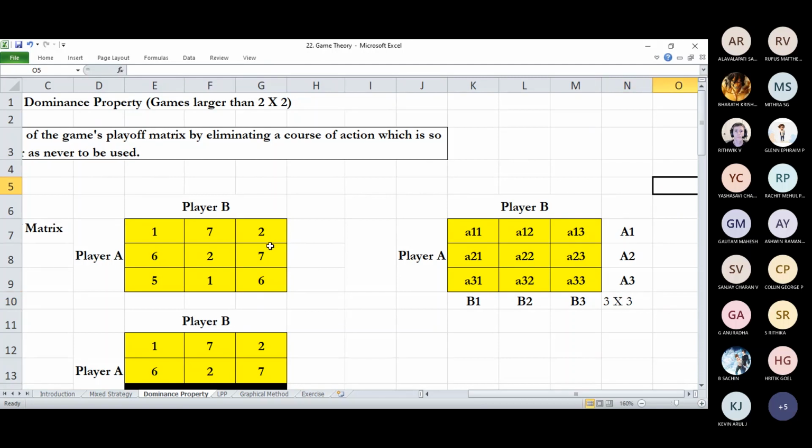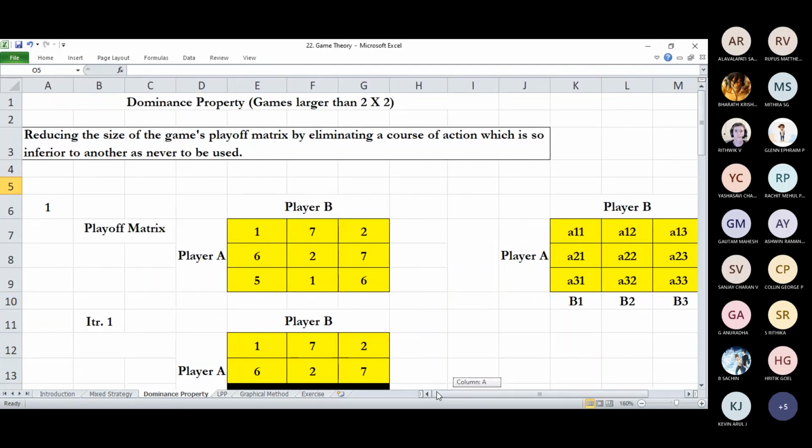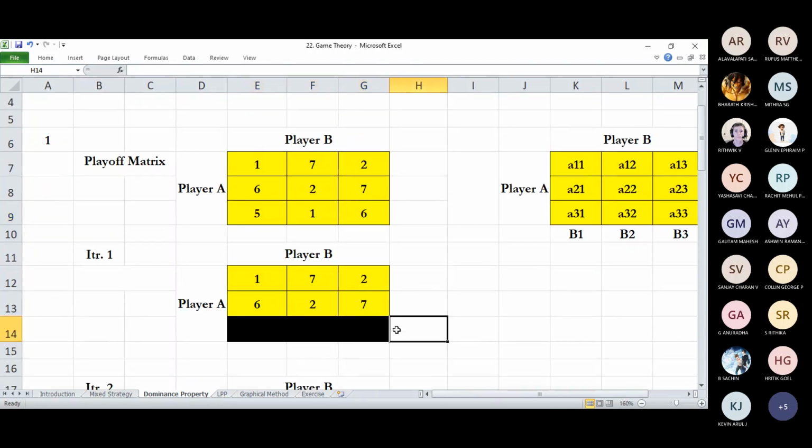What we're going to do is curtail it into a 2 by 2 matrix so that we can solve pretty easily using game theory, by pure strategy or mixed strategy, right? So this is just a trial and error method. First, what we do is eliminate a particular row, then eliminate a particular column so that we have got a 2 by 2 matrix. Among this, say 172, 627 and 516. Say I eliminate row 3, just A3. Say I eliminate A3. You can even copy this.